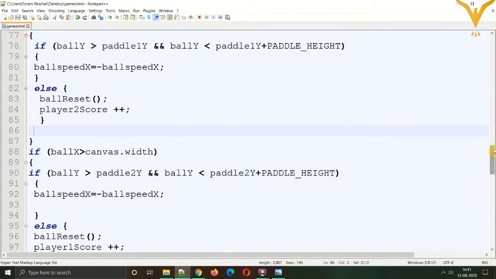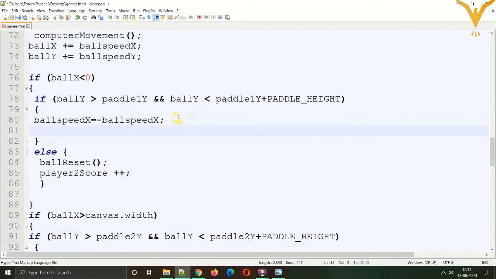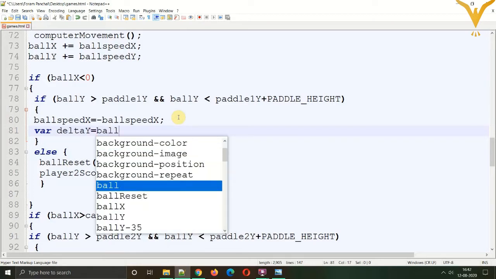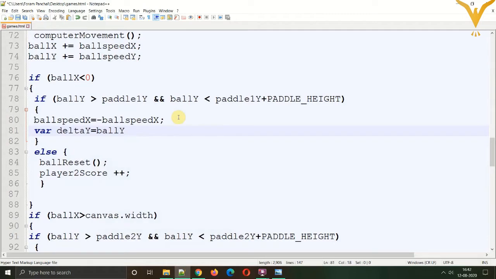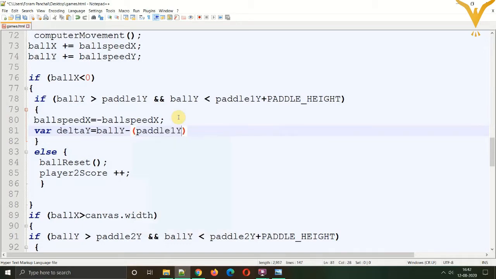For that, we'll create one variable in the if section. Let's name the variable delta y. Delta is basically a change in something, and this is the vertical position. So delta y equals ball y minus, we'll subtract the half height of the paddle, paddle 1 y, because it is the left paddle, plus the half of the height.